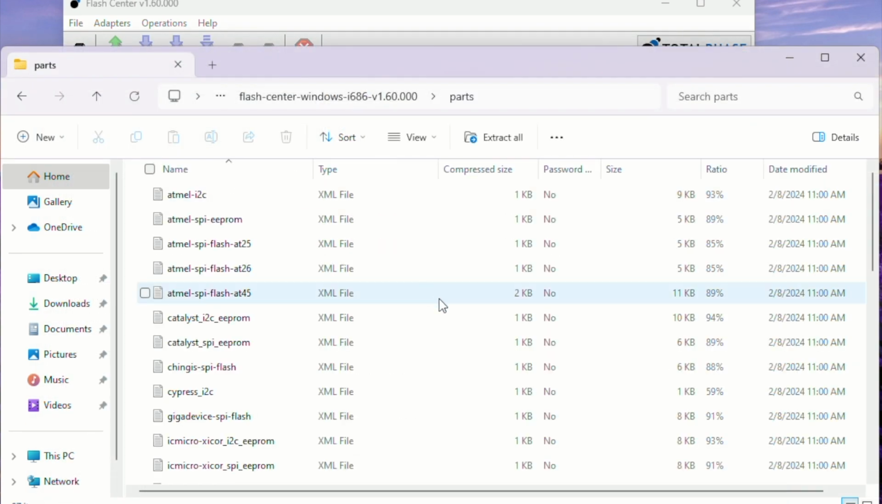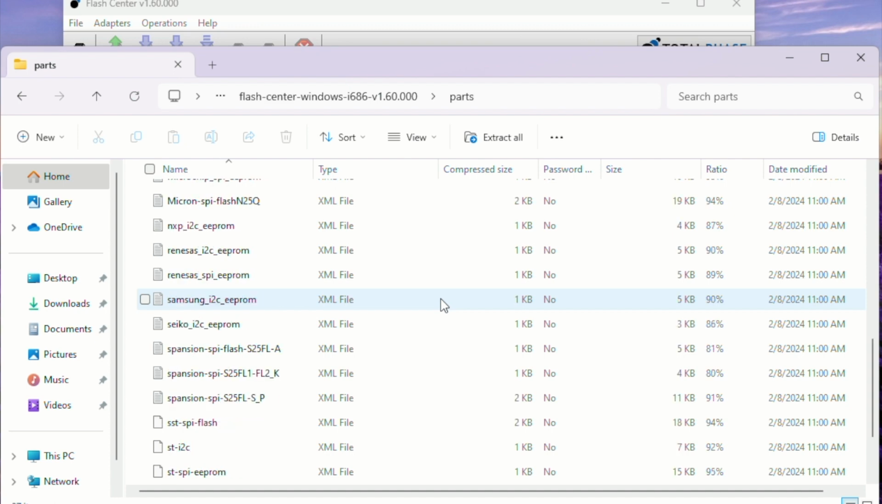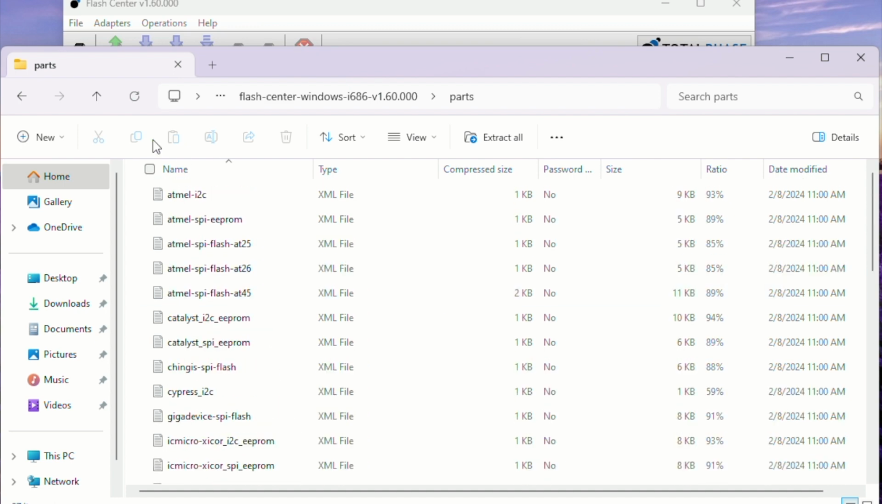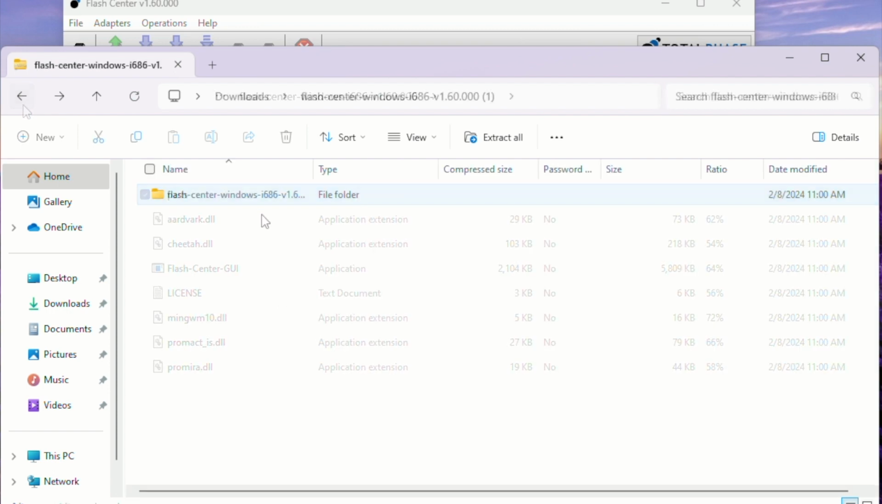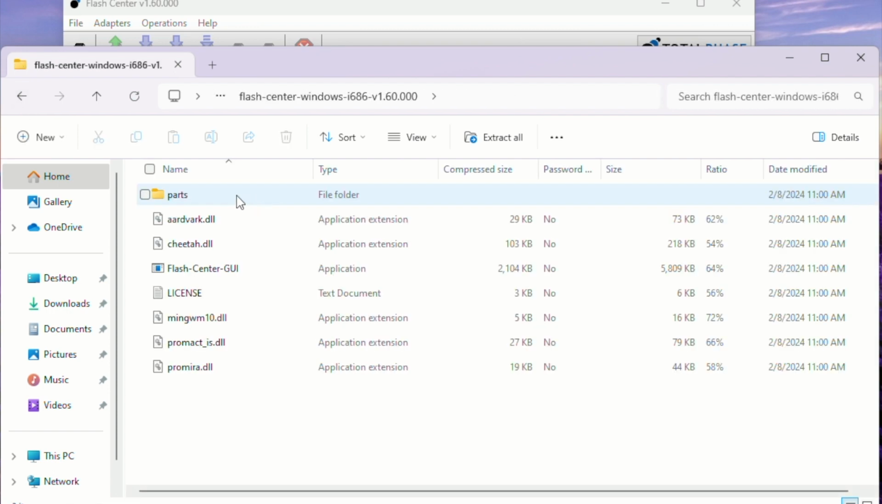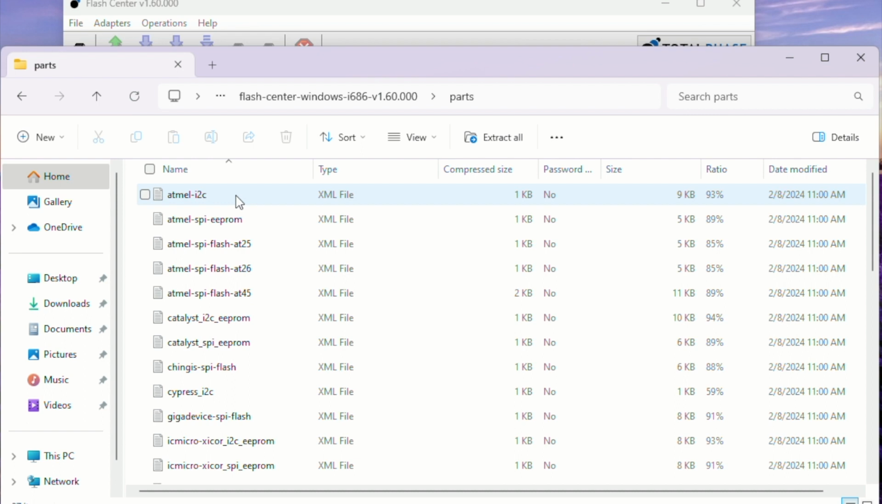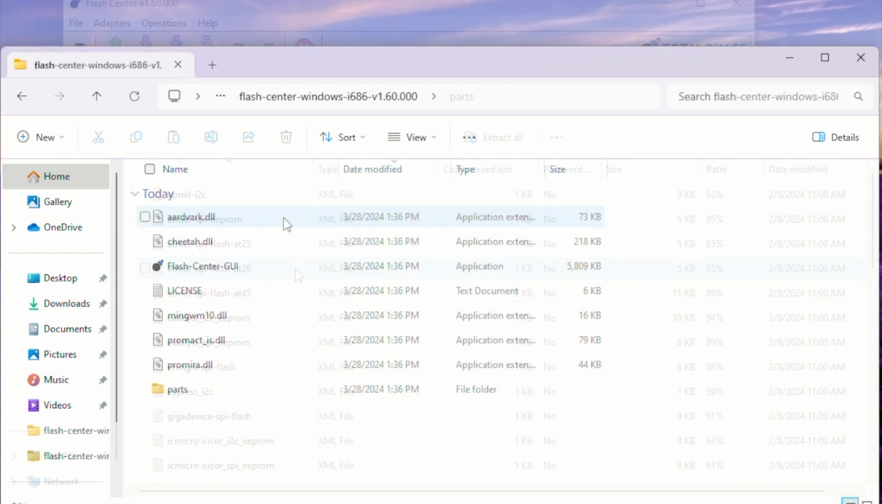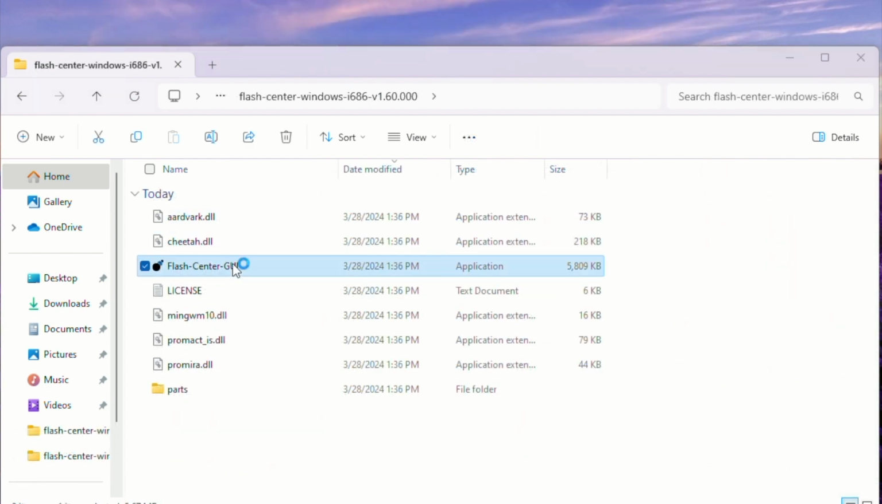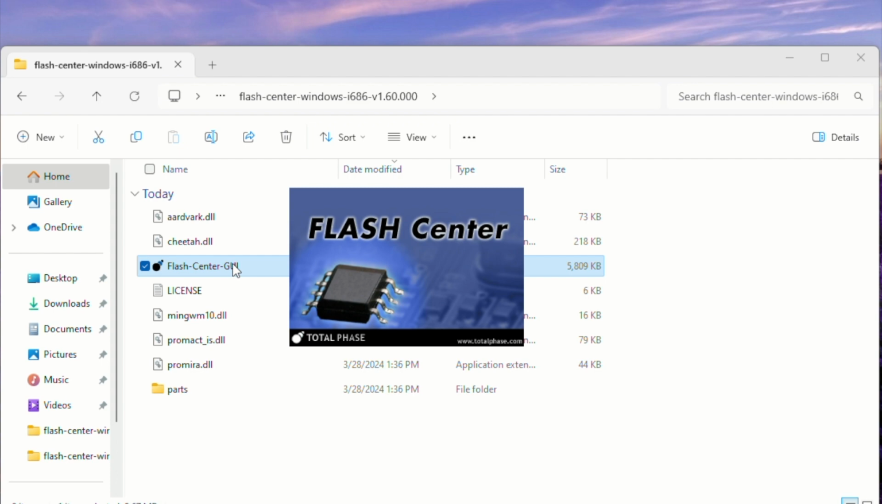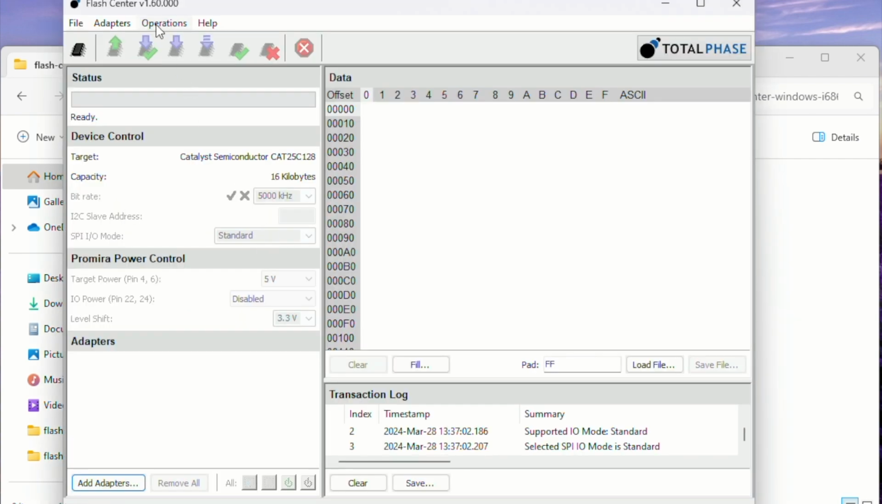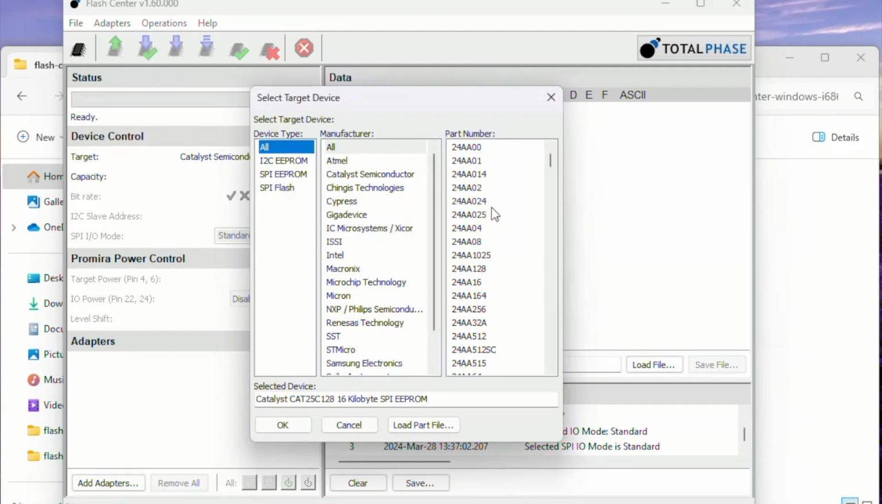When the software is launched, it automatically loads all of the files in the parts directory that have the .xml file extension. For this method, open the downloaded file for the Flash Center software and choose the parts folder. Then add the new part file into the folder. Now, the next time the software launches, the newly added part will be included in the list of available memory devices. The new part is now seamlessly integrated into the parts library and available for programming in the Choose Target Device